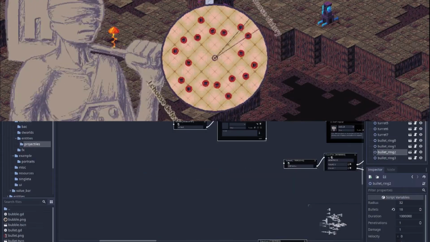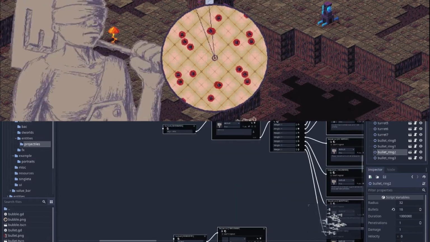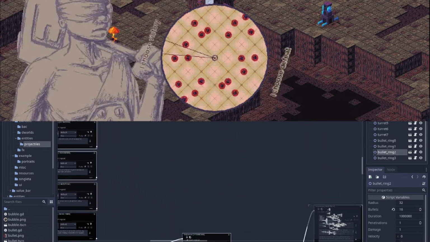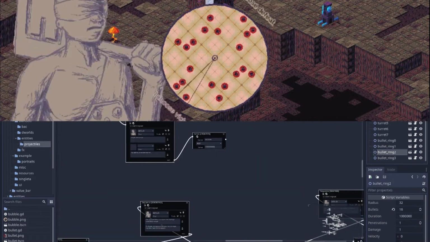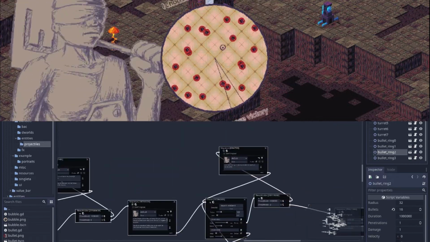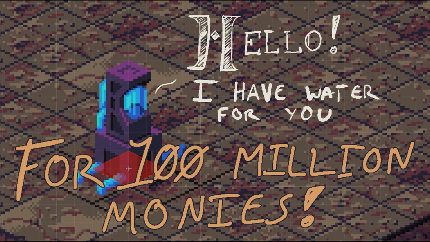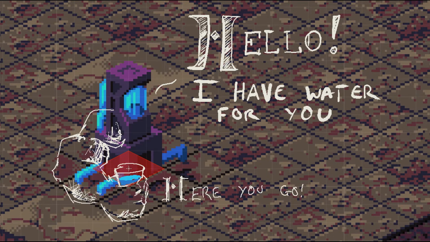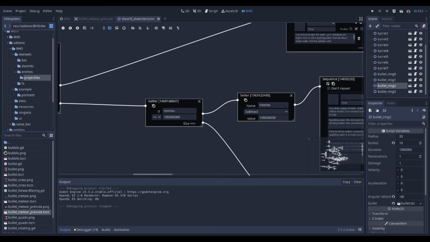A benefit to making the dialogue system alongside a simplistic and elementary game is that when something turns out to be necessary, I can simply add it. For instance, when you interact with the water cooler, you need a different result based on how much money you have. If you have the 100 million required, then you of course get the water, but if you don't, you get told off. I could have made a node to check against your current amount of money and see if it's enough, but a better, more general idea is to make a node to check against your current amount of